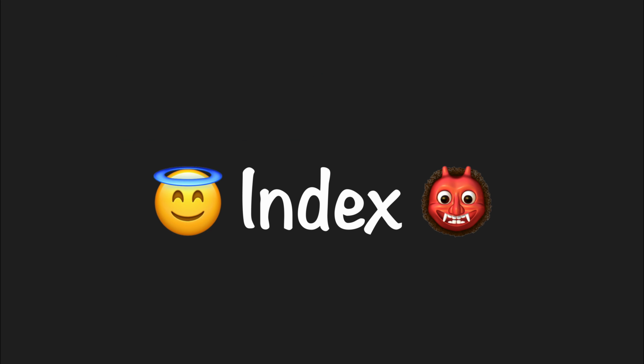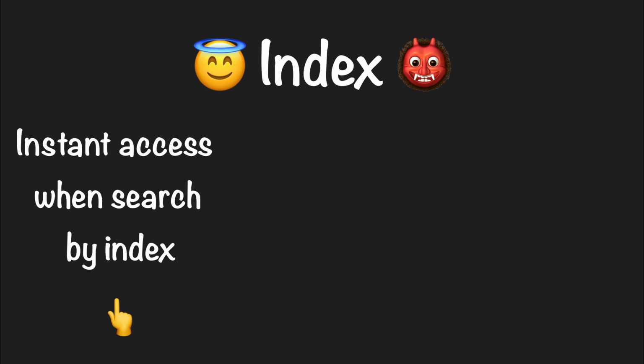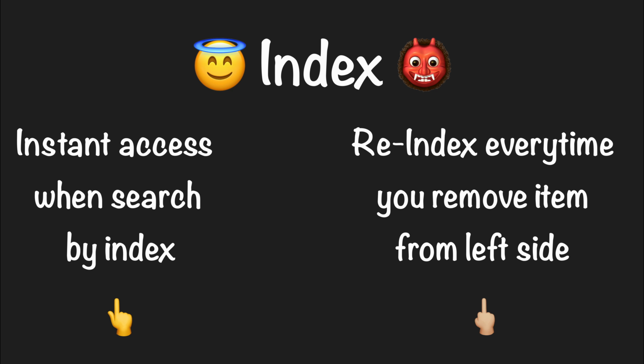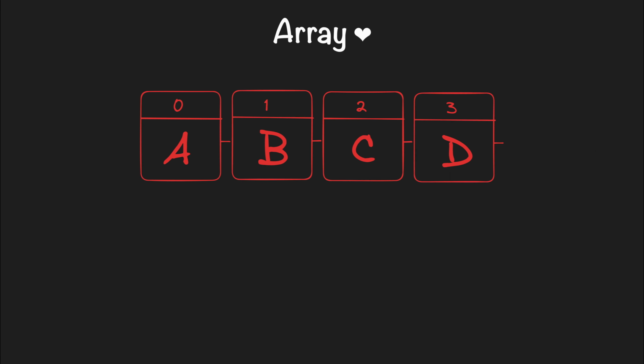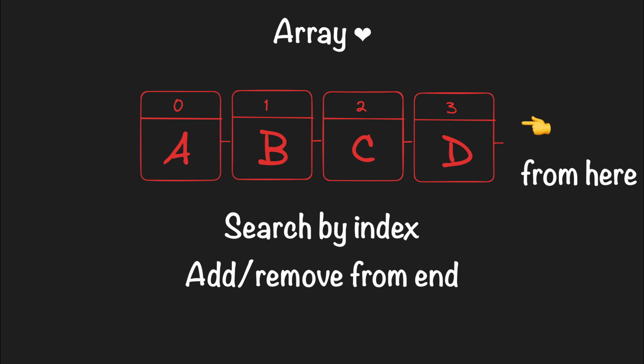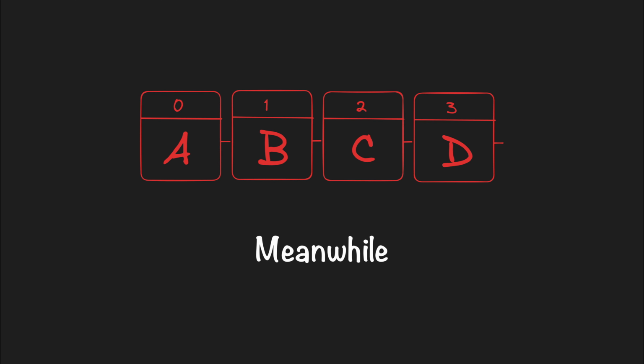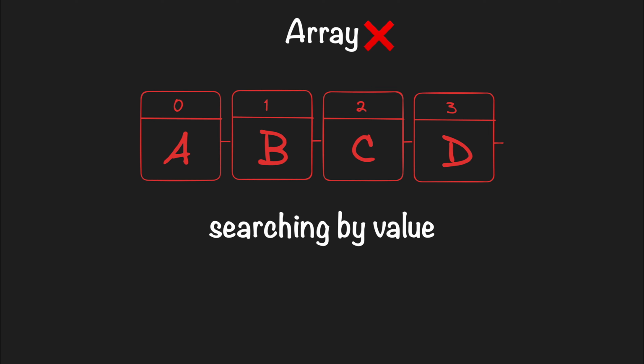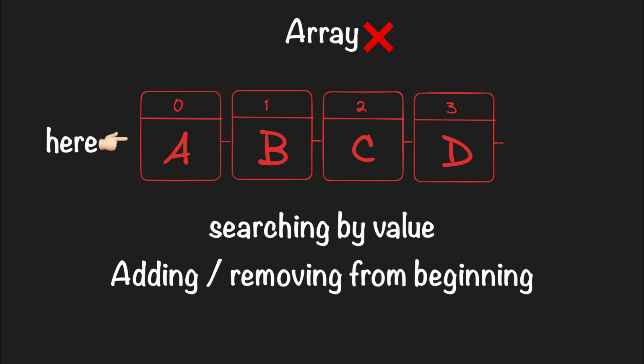So these indexes are a blessing in disguise. On one hand, they allow instant access to any value, but on the other hand, you have to reindex every time you add or remove an item from the beginning of an array. In conclusion, you can prefer arrays if you want to access items by index, or you constantly need to add or remove items from the end. Meanwhile, if you often find yourself searching by value or adding or removing an item from the beginning, the array might not be the best data structure for